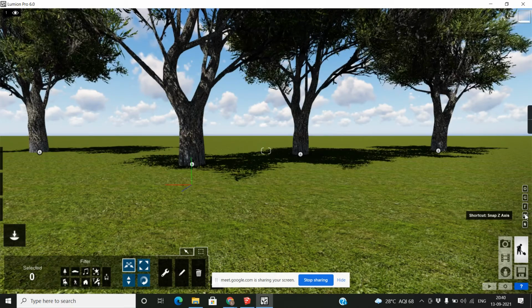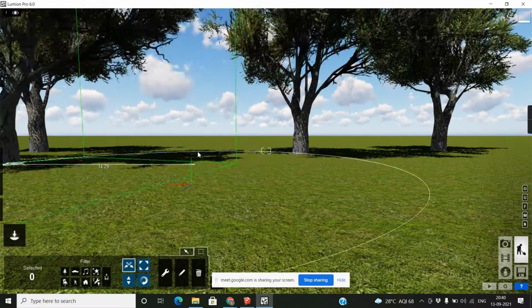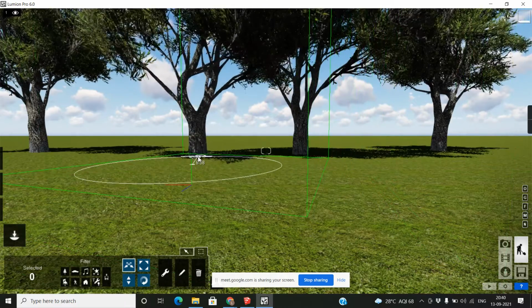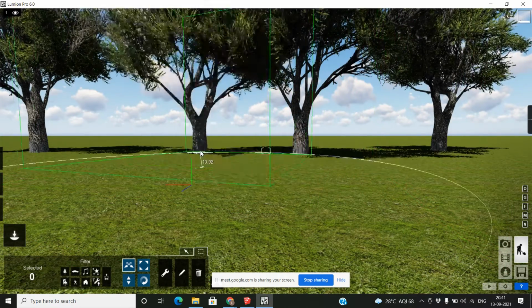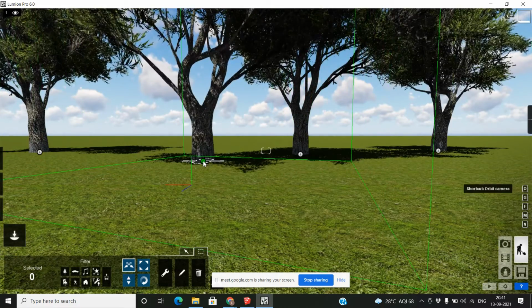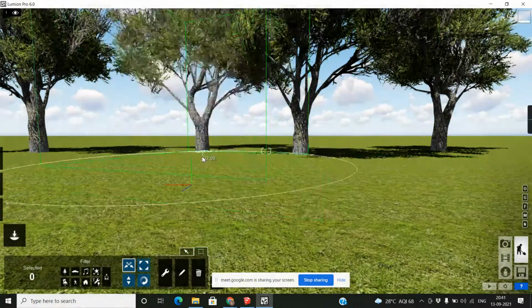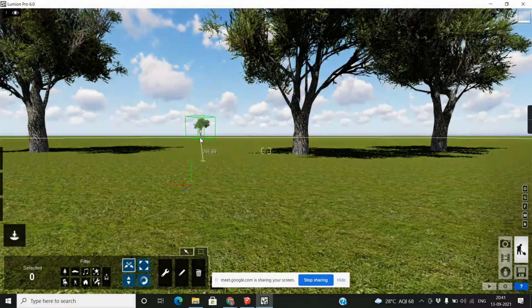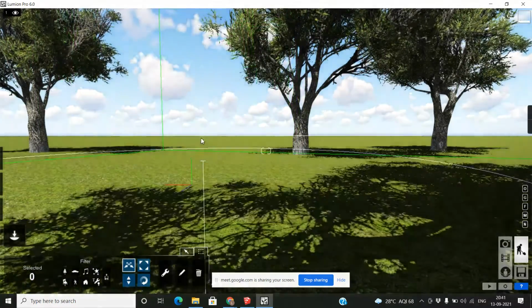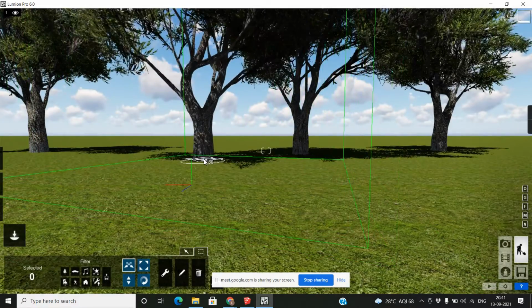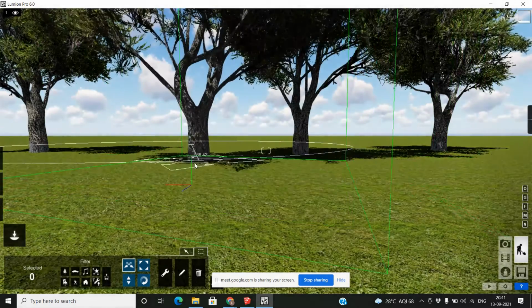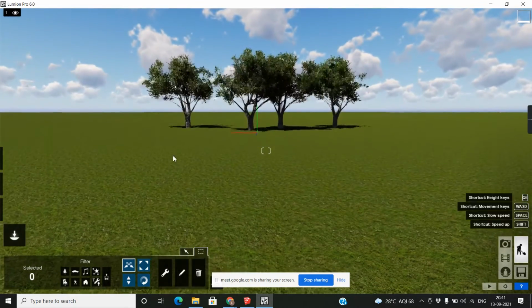The second one is the z-axis. I'll explain each and everything, so don't be worried about that.